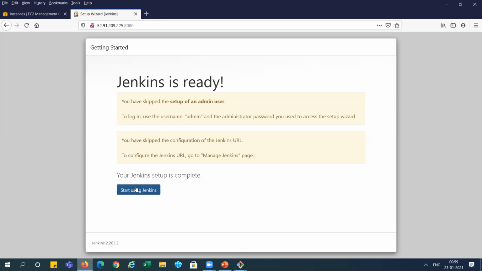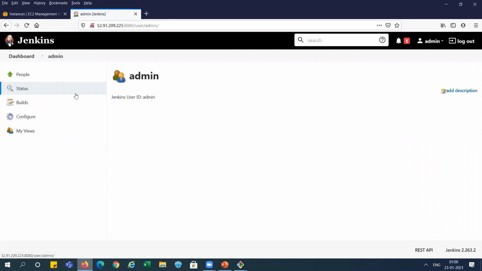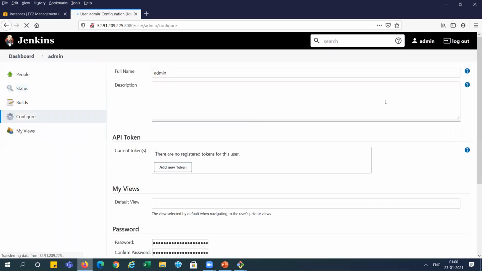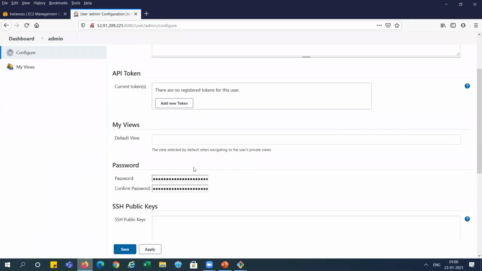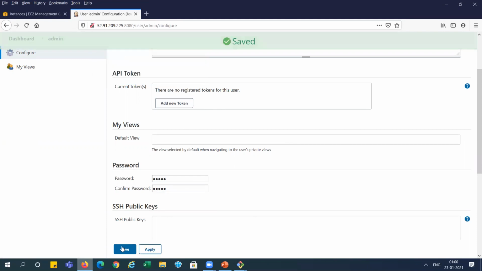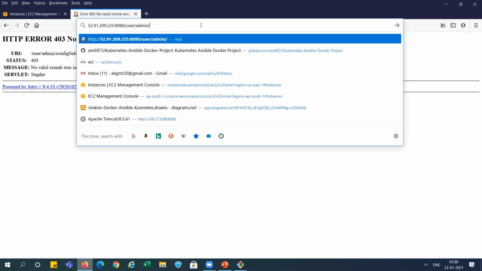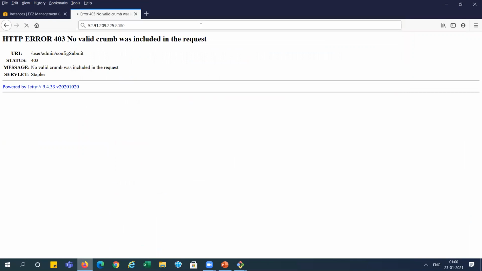So we need to reset the password for the admin. Let's start Jenkins. And in the configure, we can see here admin. I'm applying it and saving. You can see we are getting this message that our password is active. So we need to log in with the password.